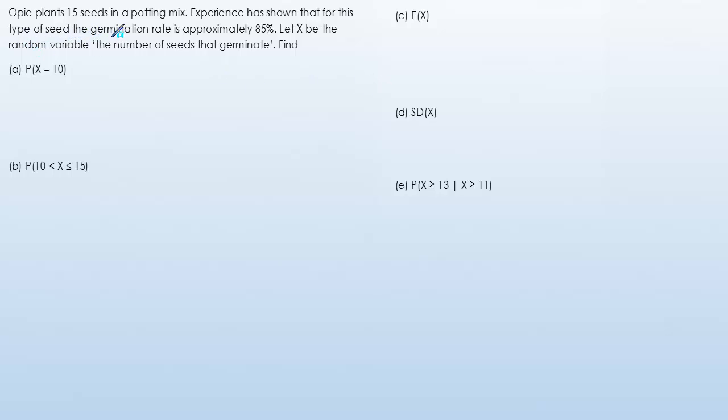Opie plants 15 seeds in a potting mix. Experience has shown that for this type of seed the germination rate is approximately 85%. Let x be the random variable, the number of seeds that germinate. So in this particular case the random variable has been defined for us. What we can say is that x follows a binomial distribution with 15 trials and probability of success